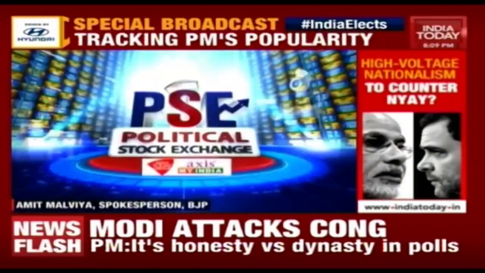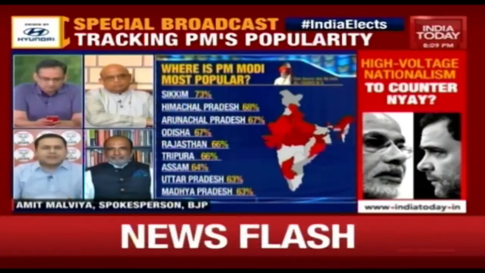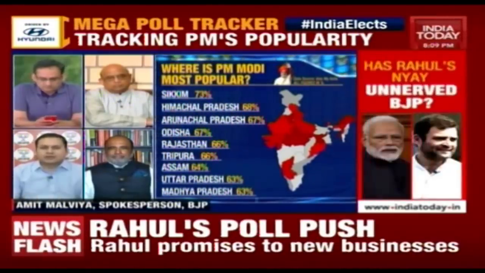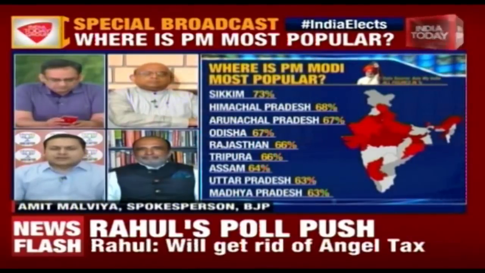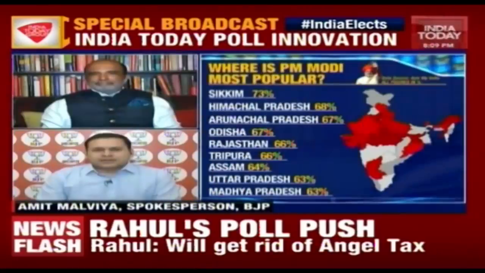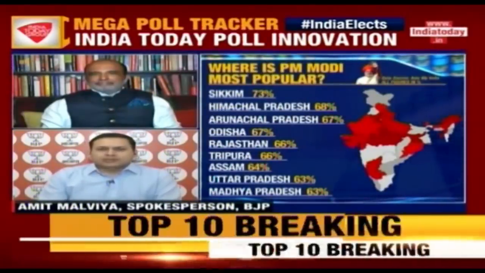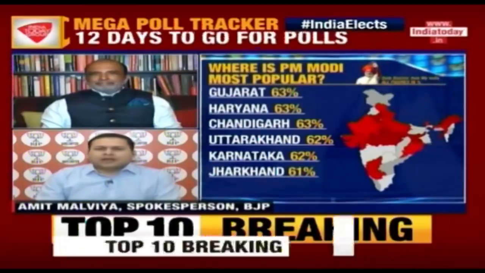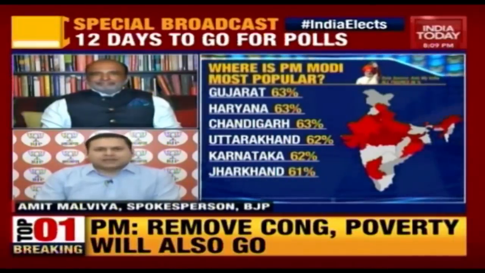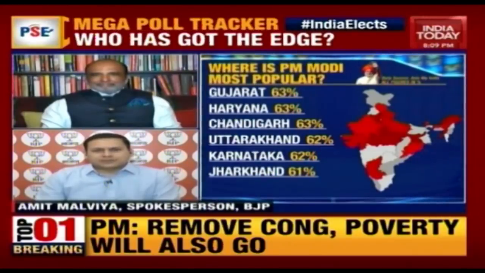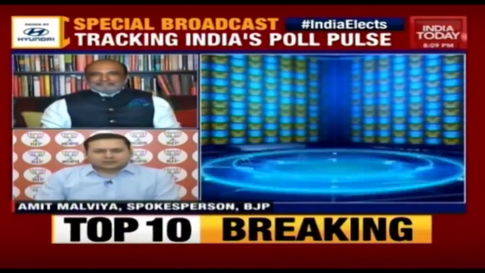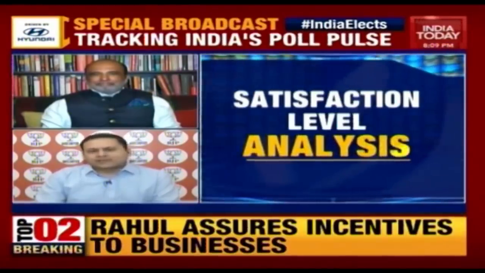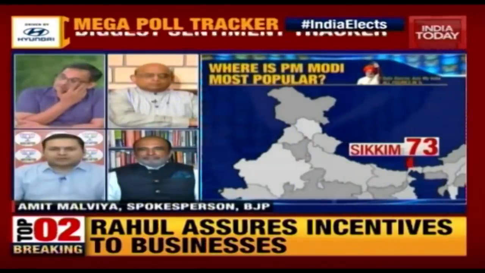And if the gap has been as large as 10 to 15%, then there is no way that is not going to translate into votes. And lastly, this election is about Mr. Modi, his term in office, what he has brought to this country, how he has changed the lives of people. And Mr. Modi is now on the campaign trail. He is appealing to the people to give him another term in office so that he can do all that he set in motion. And I see no reason, even looking at your data, why that would not happen.